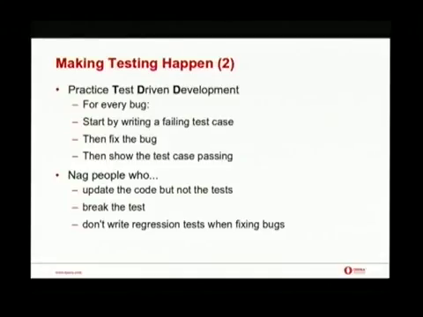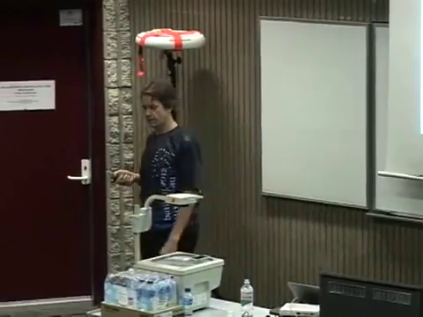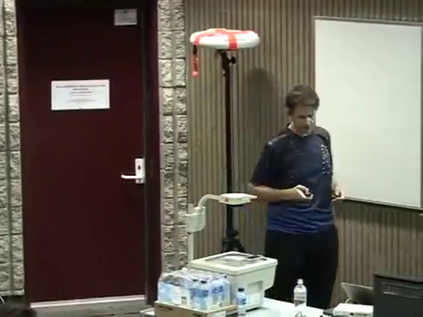Test-driven development. This is a good thing to practice, although you don't have to swallow the entire agile red pill. Fundamentally what it means is every time you address a bug or a small feature, you start by writing a failing test case in the test suite that you already have. Then you fix the bug, and then you show the test case passes. Like all software methodology things, there's an element of fantasy, but if you stick to this as the basic premise, then it actually works well.